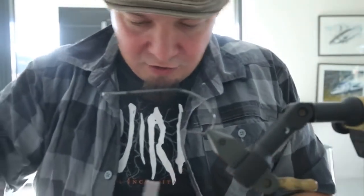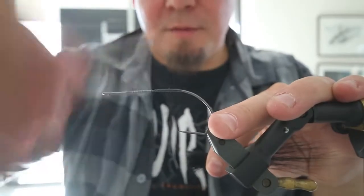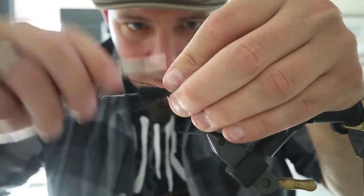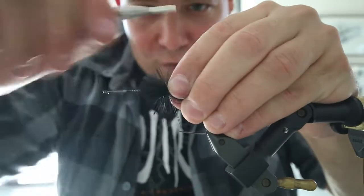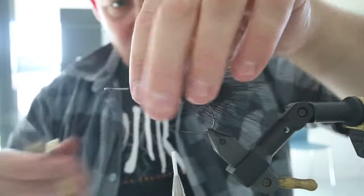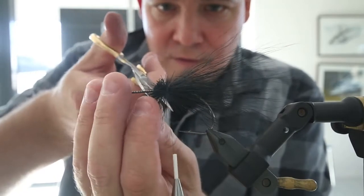And I'm going to take not the biggest bundle, because when you tie poppers, one of the crucial things is you don't want them to get too long, because if you get them too long, the pikes will often miss the hook and simply chase the tail. So about this amount of bucktail, and I'm going to tie this down around here. What's important here is that you really clamp down on this and use some force in order to ensure that this stays here and doesn't turn around the hook instead of being secured. I'm going to cut some of this off